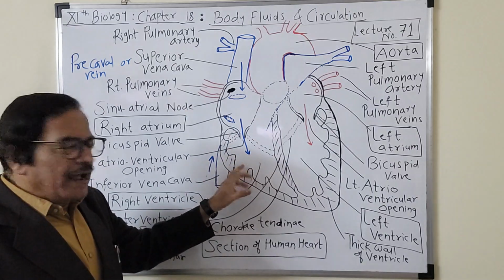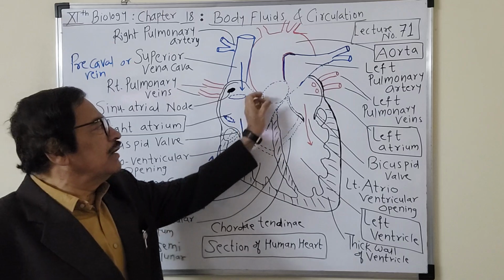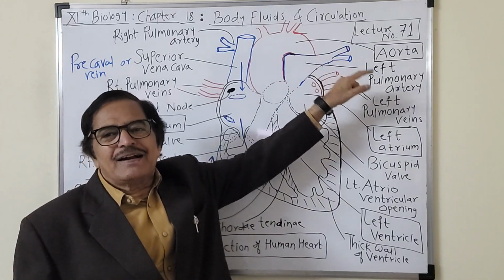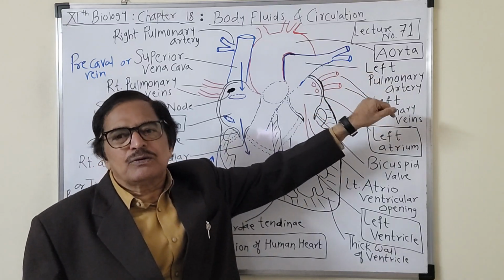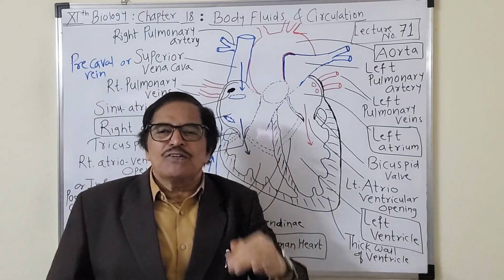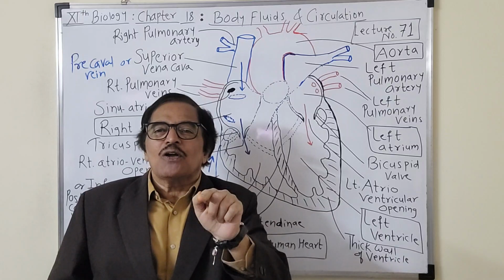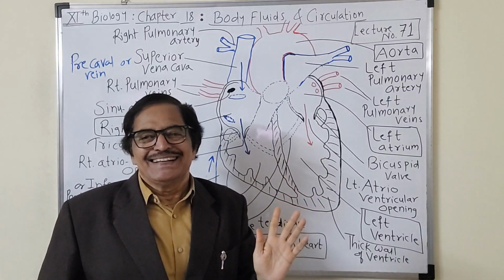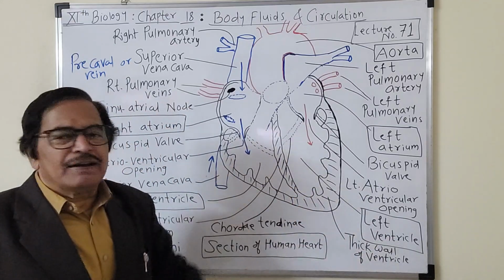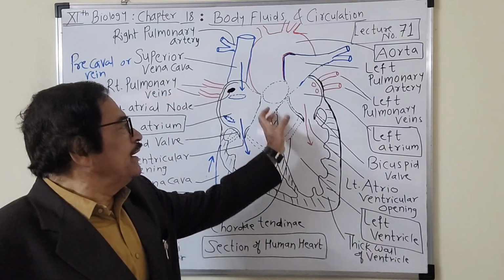Now, when the right atrium will contract, that deoxygenated blood will come into the right ventricle, through that right atrioventricular opening. And from there, when ventricles will contract, that deoxygenated blood will be pumped into the pulmonary trunk, and then left pulmonary artery will carry that deoxygenated blood to the left lung, and right pulmonary artery will carry that deoxygenated blood to the right lung for purification or oxygenation. बहुत ही simple है।